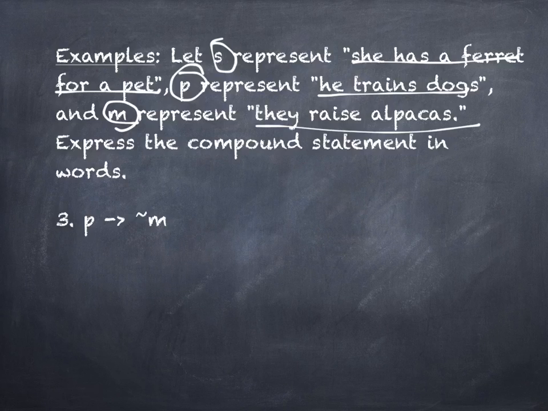So we've got a statement here on number 3 where we have a P, then an arrow, and then a tilde M. What am I going to start the statement with? If. Why? Because it's got an arrow. That arrow tells you that what you're going to write down is going to start with the word if. And what's going to come after the if? If he trains dogs. The P talks about training dogs, so if he trains dogs,